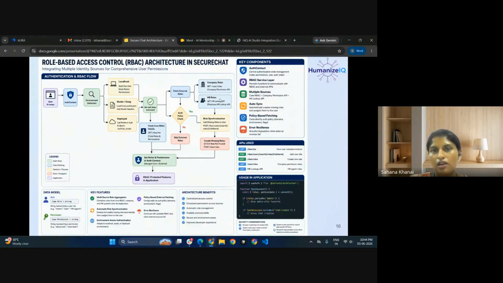And HR roles, this is only for the E team. Whenever we open this secure chat in the E team environment, only at that time are we going to call the employee HR lookup API, because in the E team we have different agents like HR agent India, HR agent EMEA, and APAC. There are multiple HR agents. So based on their location and their roles, we want to give them specific agent access. For that, we have implemented these roles.